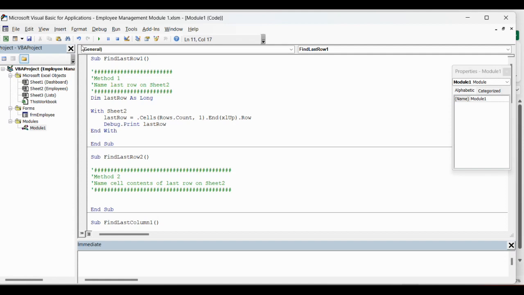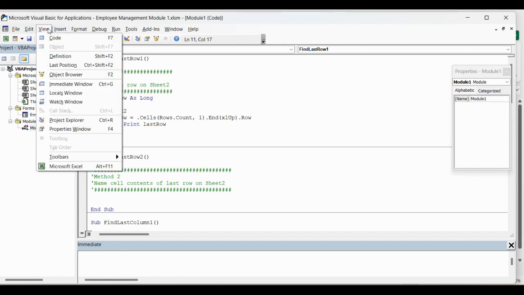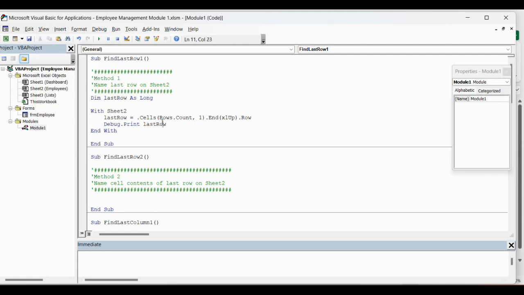Just in case you don't have the immediate window open, you can go to View and then click Immediate Window, and that will open this up down here. So I'm going to go up here and run this. And you will see it gives us the last row as number 5, which we know that it is. So good. It's as easy as that.